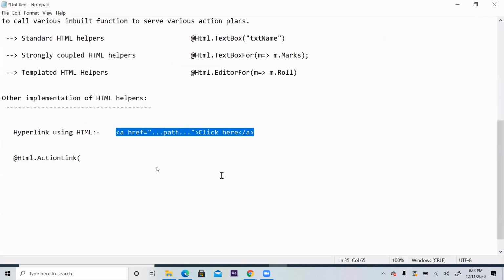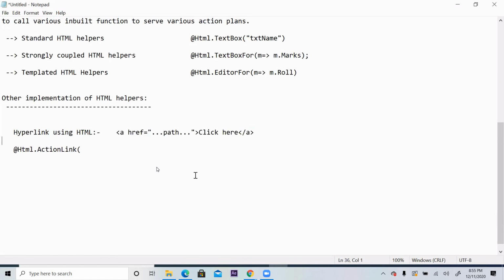If somebody wants to write using C# functionality, which is more flexible, because a function means we will pass some parameters and we can manage, right? So here you are bound to give the full path, but in ActionLink, you are getting a little better advantage. That path you can divide into which controller, which action method, and so on. So here I can say, please display "click here".